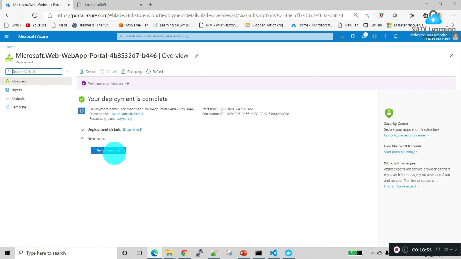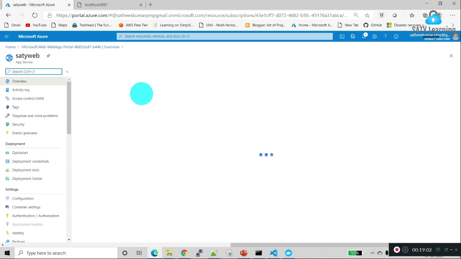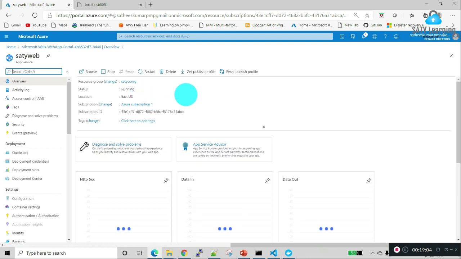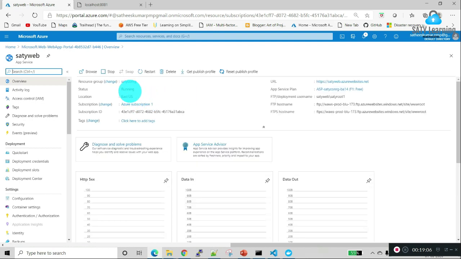So the deployment is completed. Let's go to the resource. So the status is running. So this is the URL. Let's run this URL in a new tab. So we should get the application running.